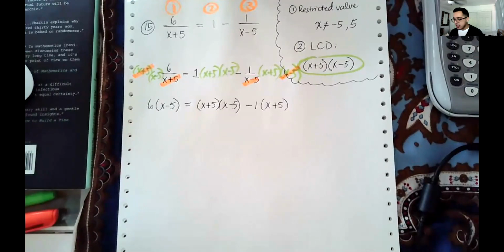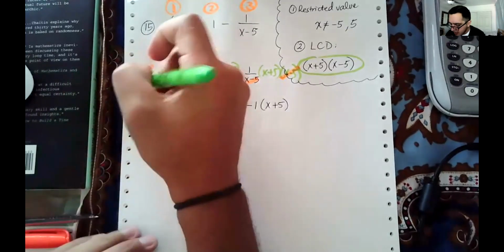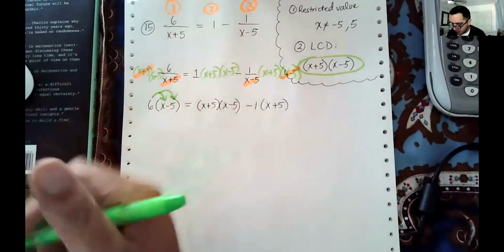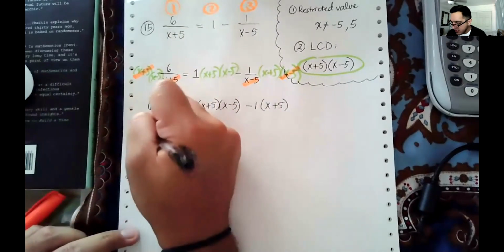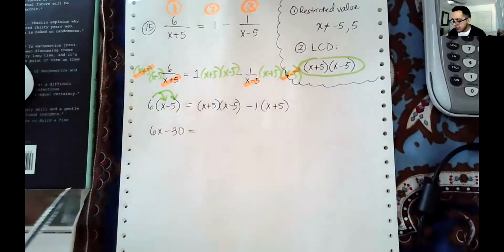Does anybody have any questions about that? No. Okay. So now it's just a matter of distributing, combining like terms, and simplifying this. It's going to make a mess, but then we're going to try to clean it up after that. So what we can do is distribute 6 here and here, so that we have 6x minus 30 is equal to,